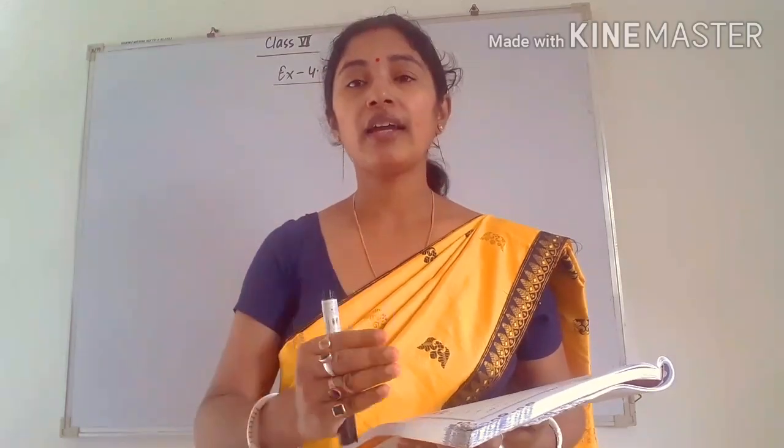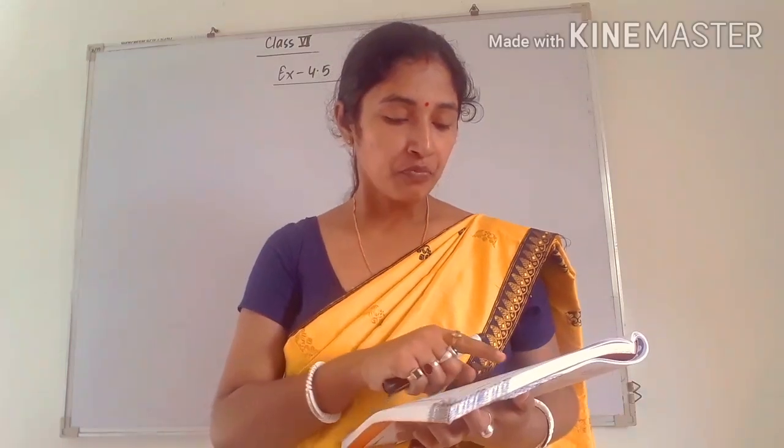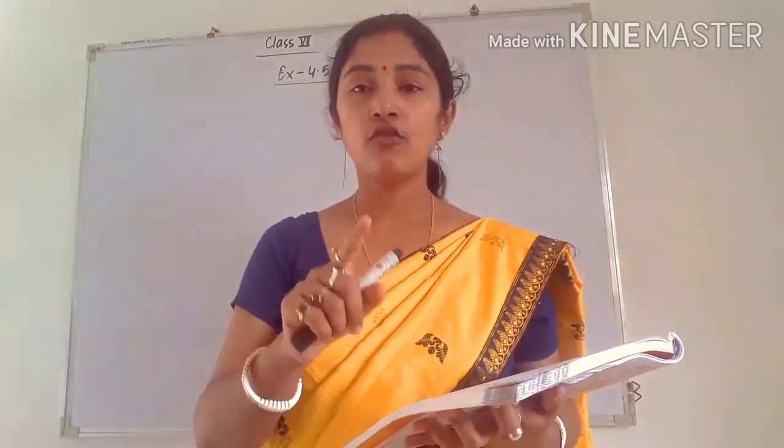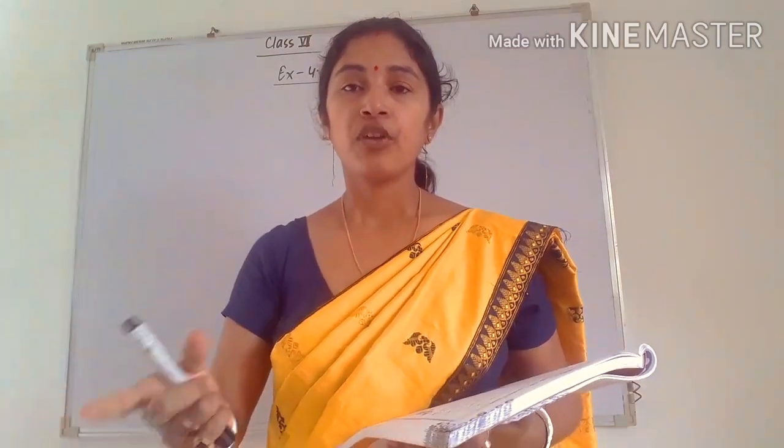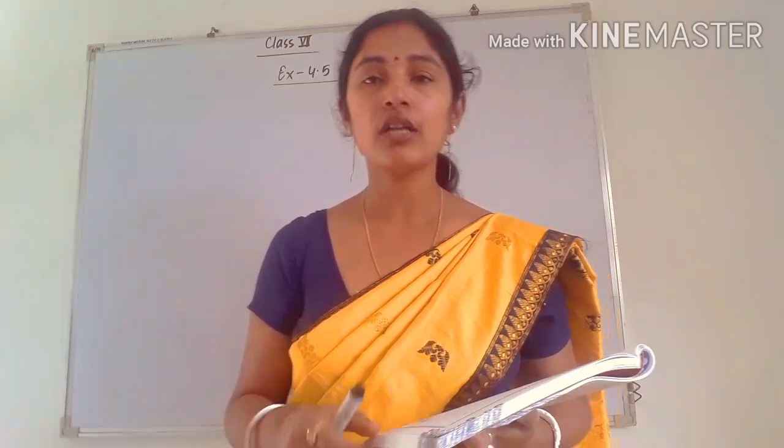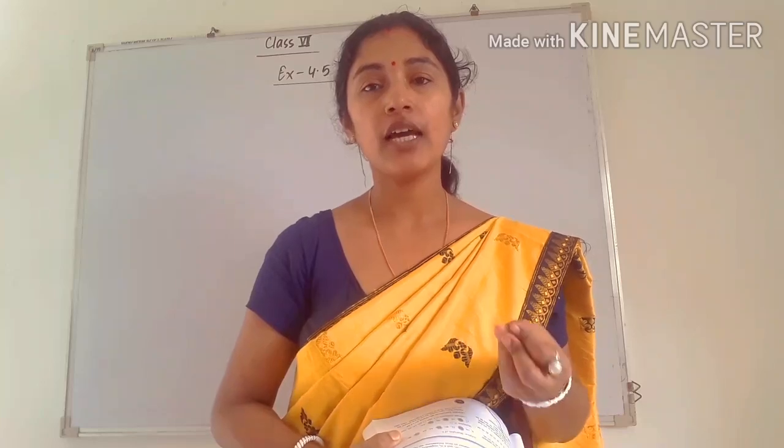That means if a box contains 5 apples, then the other box will also contain 5 apples. Okay, but whether it is 5 or 10 is not given. So we have to find that number. And what is given? He put equal number of fruits in each box. That means number of apples in one box will be equal to number of oranges in the other box. So number of fruits are equal in each box. So what will be the maximum number of fruits that can be put in each box? So you have to find the maximum number of fruits. That means we have to find the HCF.